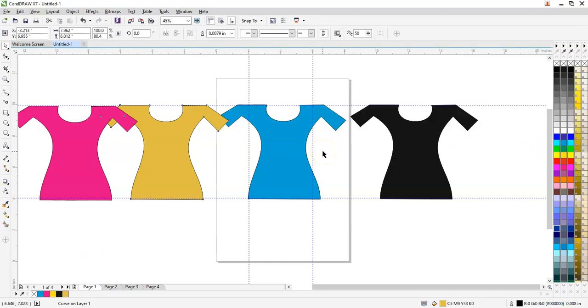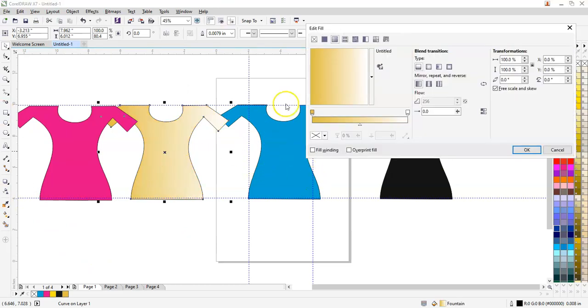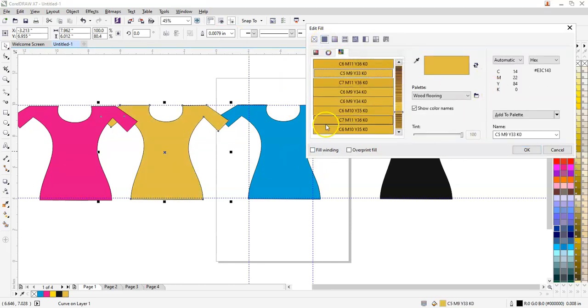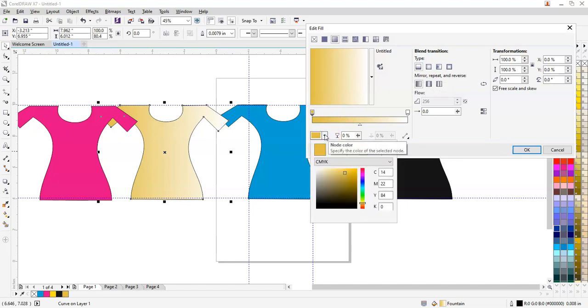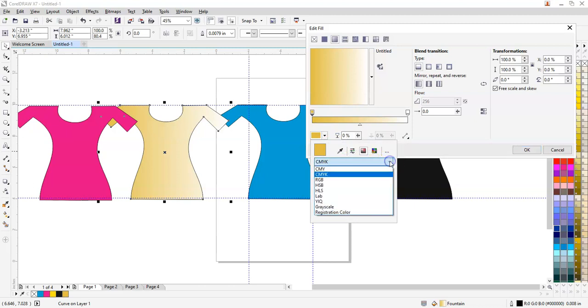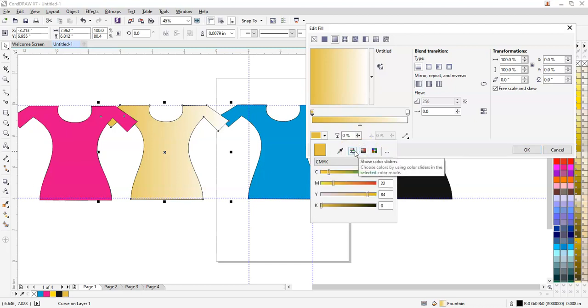Now as I said, we can come back to F11 again. Now when you press F11, these were the single colors we have gone through. The second option is the fountain fill. Fountain fill means applying a gradient of colors or shades. Now this is an example over here wherein you can add a lot of colors. Like say for example, I click here, you see there is a color displayed here. So I can just click here, and as I have learned about my color palettes, all these 3 color palettes are available here, from which you can pick the colors which I had shown you just now.